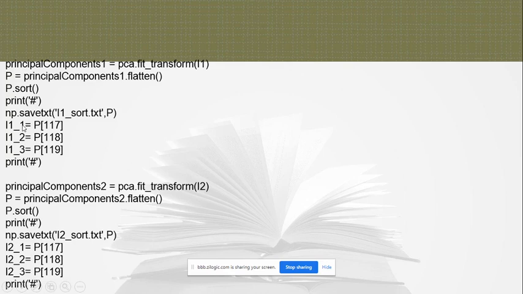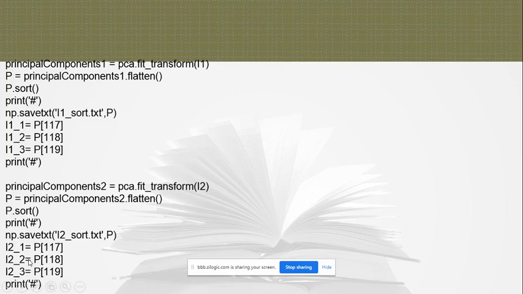Similarly derive the principal components of image 2 and save it in a text file I2_sort.txt, and rearrange that so that you can store the topmost principal component in I2_1, the next topmost value in I2_2, and the third topmost principal component in I2_3. Similarly,